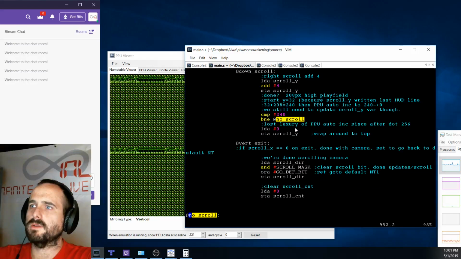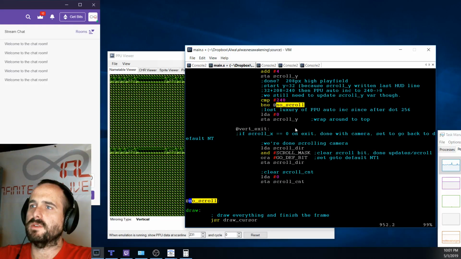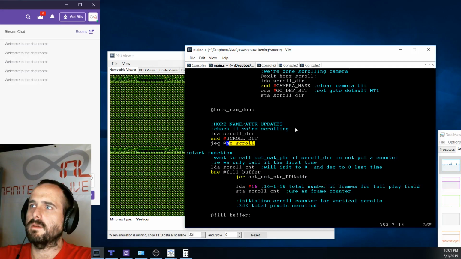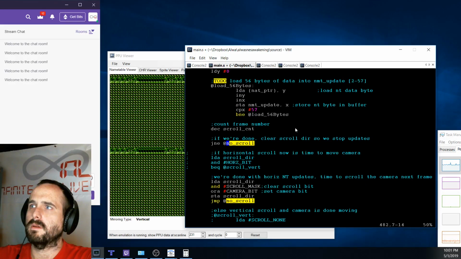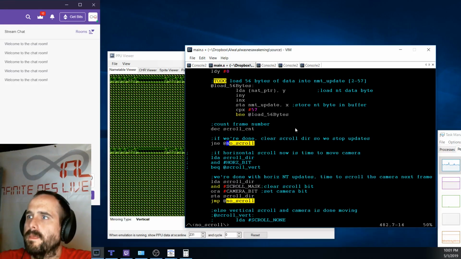I think no scroll is basically just we're done. So we decrement the frame number, and if it's not equal, we keep going. So to some degree,